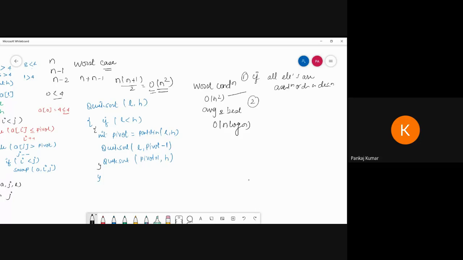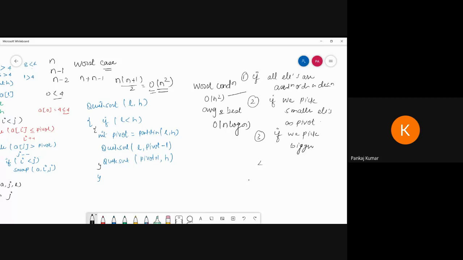Second, if we pick the smallest element as the pivot, if you choose the smallest element of the array as the pivot element, then your time complexity will be order of n square. And if you pick the bigger element, then also we can get the worst time complexity.